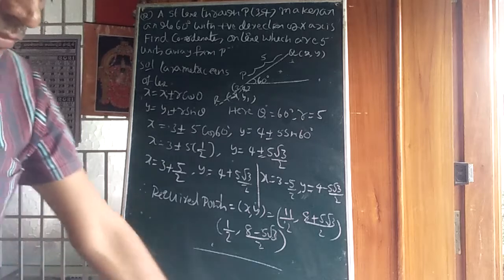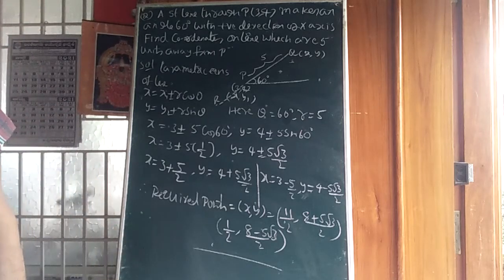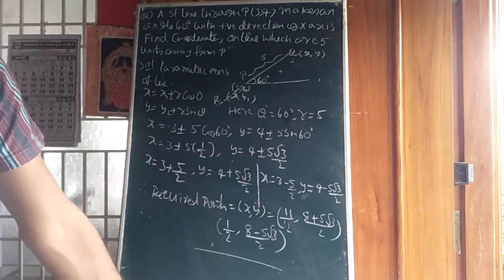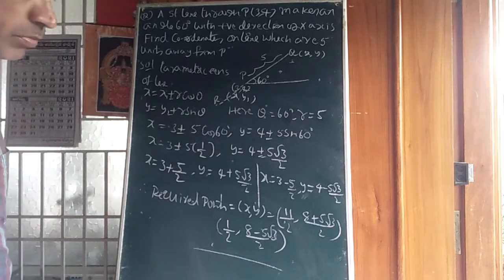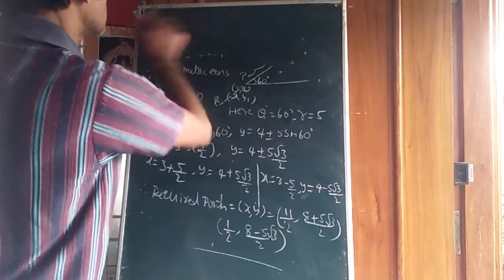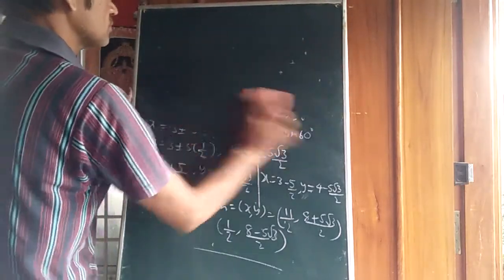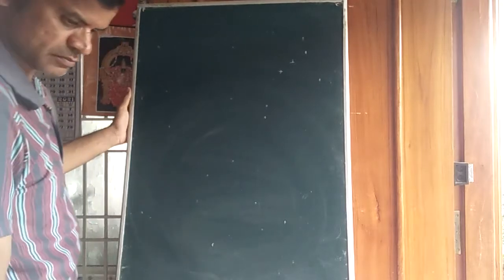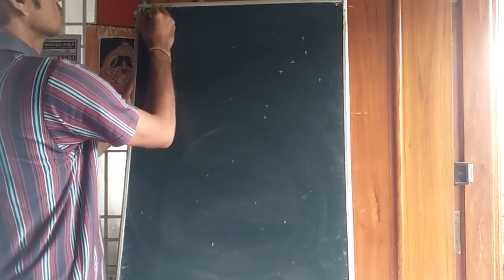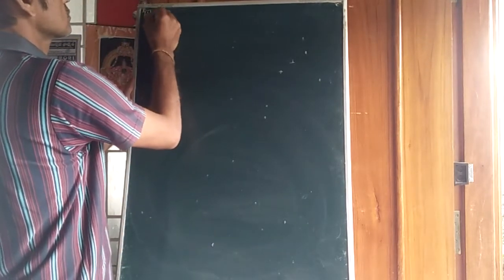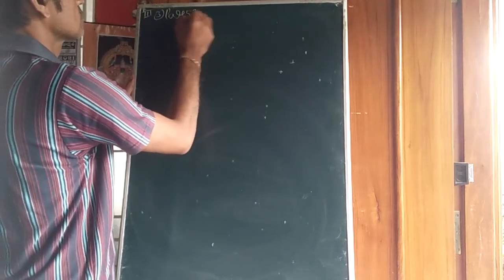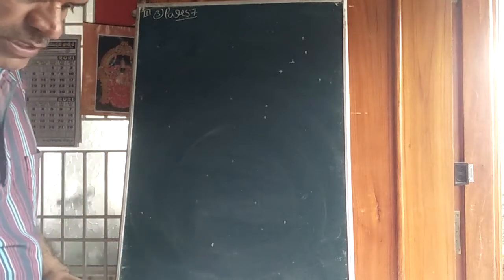Next, the third one. It is an important question in the mains also. In MHT-CET also this is an important question, a 4 marks question. Question number 3, page 57, Roman numeral 3.